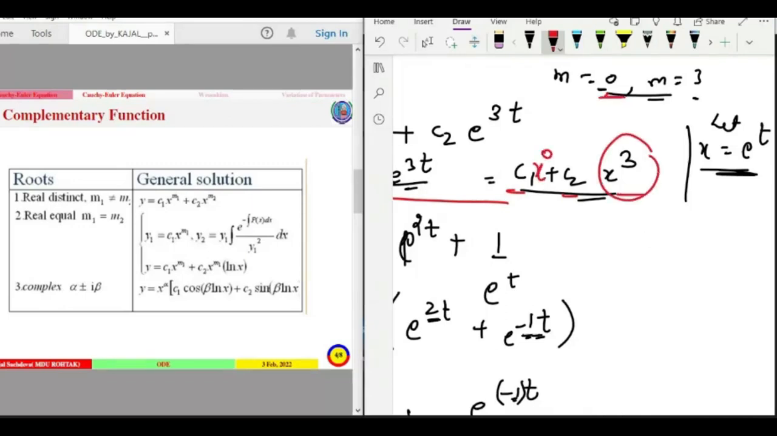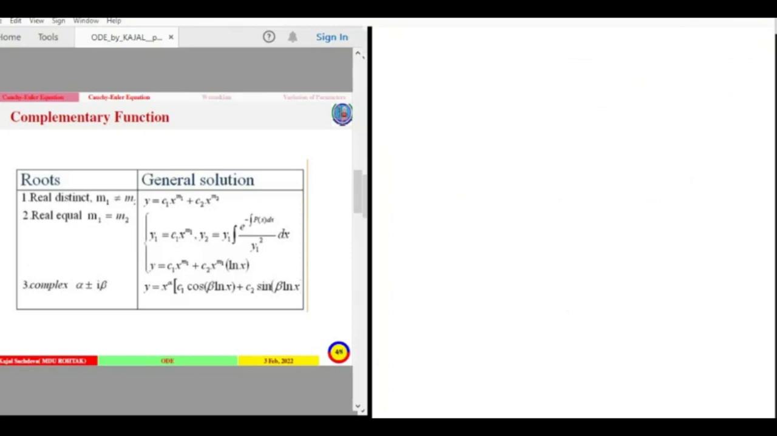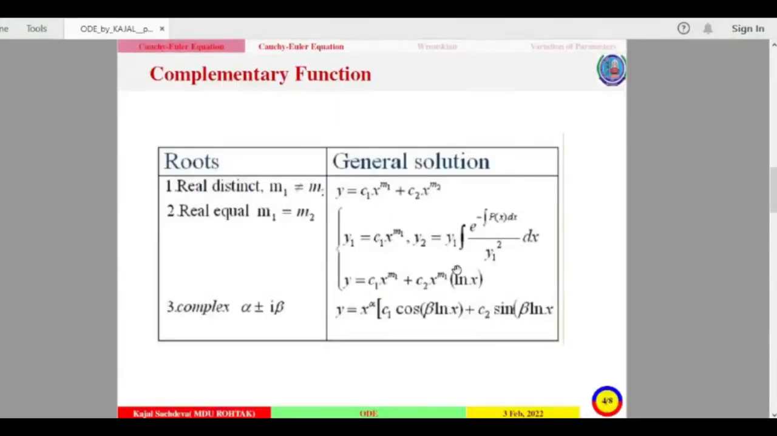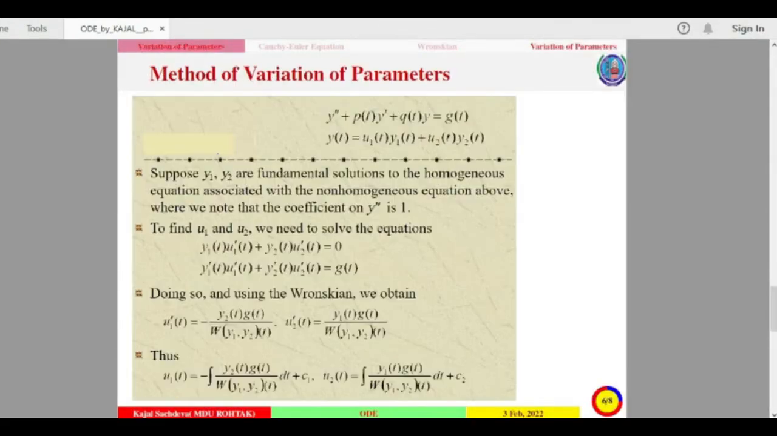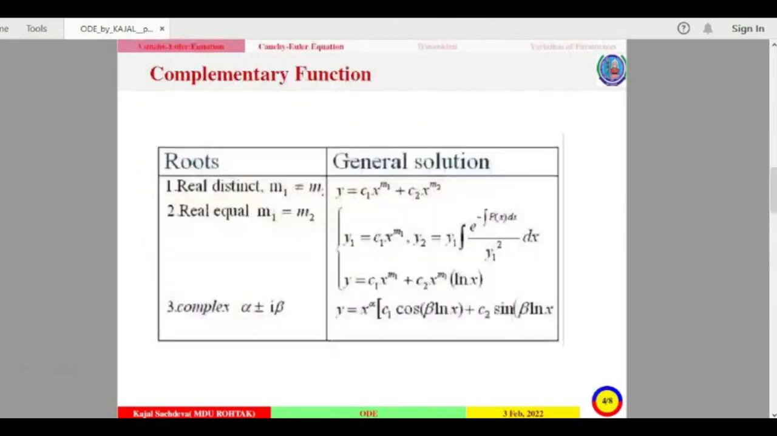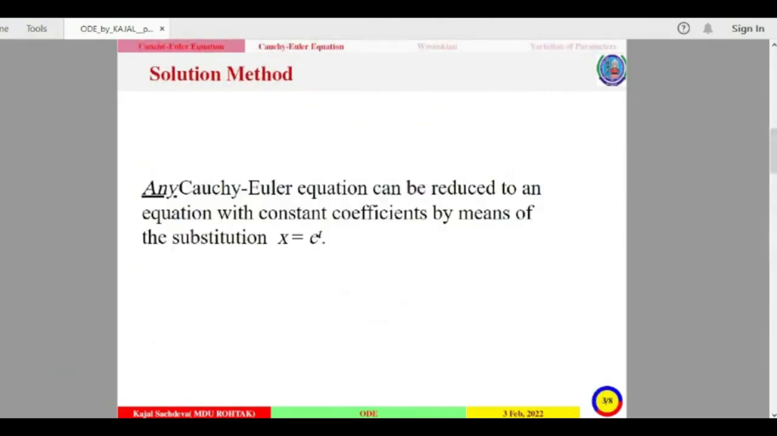So when we have real and distinct roots, just write the first root as x raised to power 0 and the second root as x raised to power 3. So this is our general solution case. You need not remember this case. Just apply the method, reduce it into constant coefficient, and you will get the desired solution. So moving back,